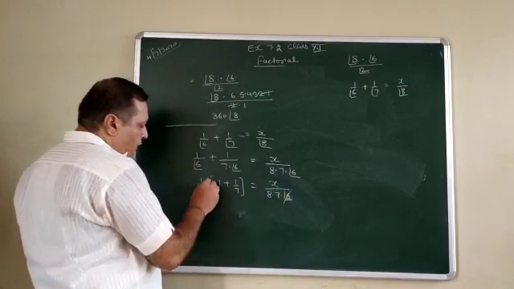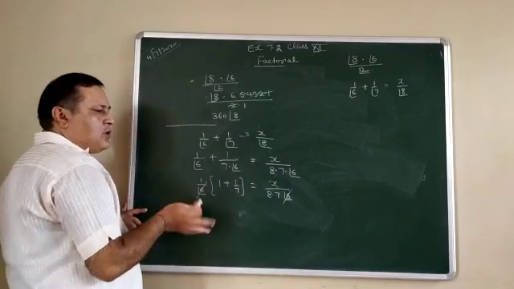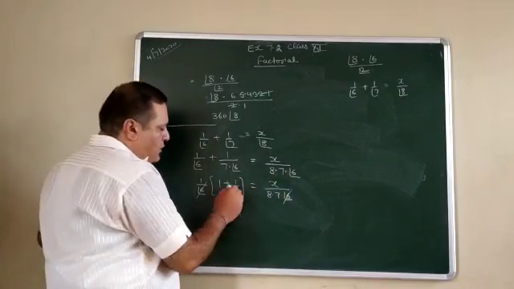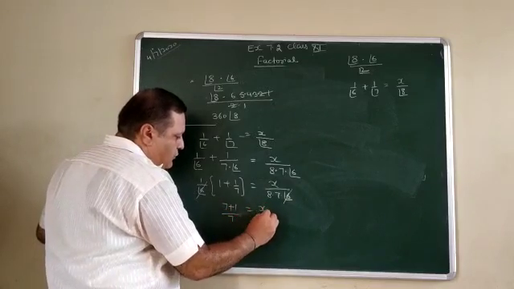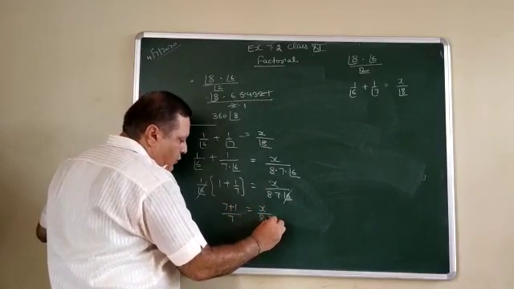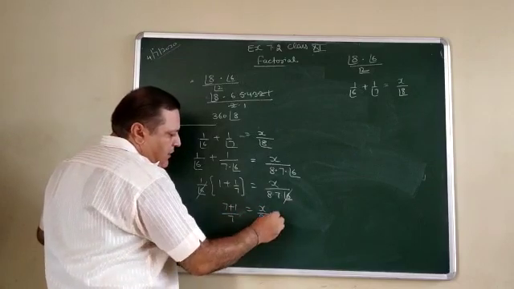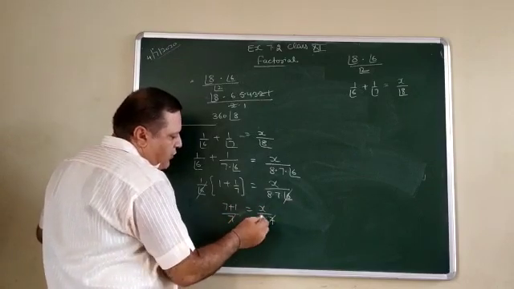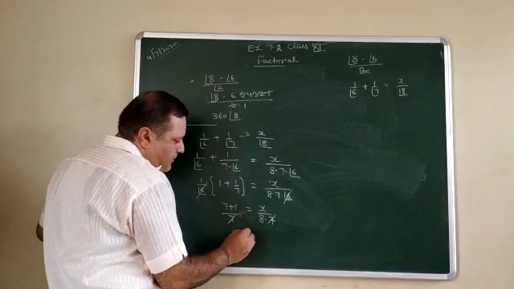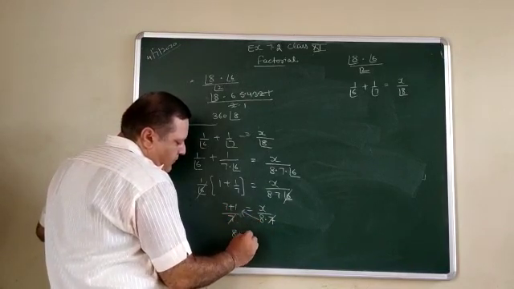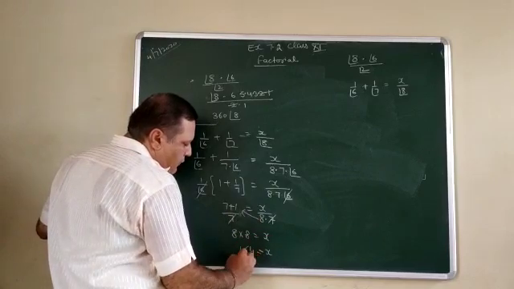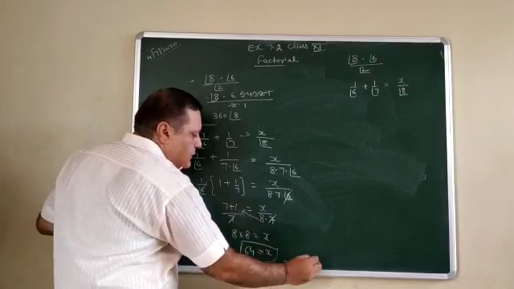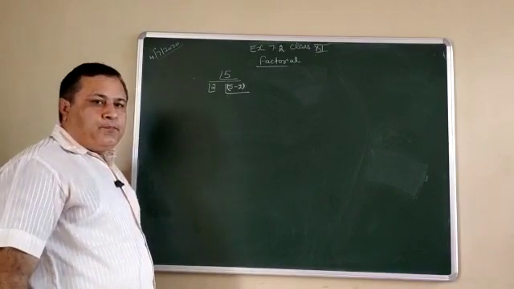This 6 factorial cancels with 6 factorial because both lie in the denominator. Now take the LCM. It is 7 plus 1 upon 7 is equal to x upon 8 into 7. Now again this 7 gets cancelled because they are in the denominator. So it is what? 8. This 8 multiplied by 8 is equal to x. Then x is equal to 64. So the value of x is equal to 64.